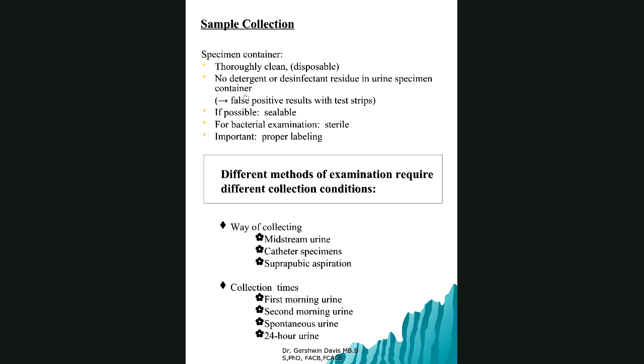The sample container is clean, no detergent, sterile, and you must have proper labeling. I'll come back to this when you actually have a picture of the sample container, or maybe I will include one going forward in this presentation. Usually your samples for MSU for CS are for microbiology. It's the first sample anyway. MSU, midstream urine for CS, for culture and sensitivity. And that container obviously has to be sterile with proper labeling, clean, and without any detergent